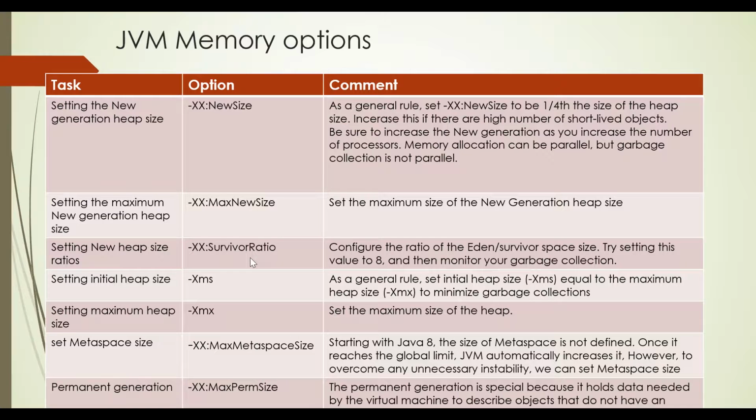Now there is no such thing that can segregate the sizes for S0 and S1, because S0 and S1, the survivor spaces, are both of the same size. If you set this survivor ratio to 8, you can see how your survivor sizes are different. We want to do this exercise today. Before that, two different parameters are pending: -XX:MaxMetaspaceSize and -XX:MaxPermSize. So when you need to see this max perm size,